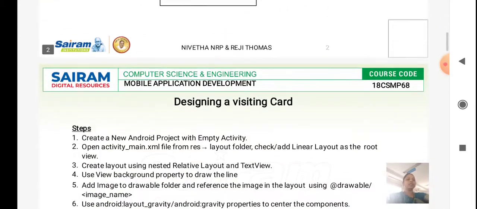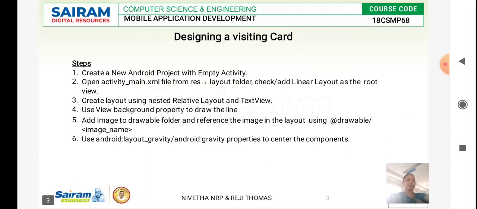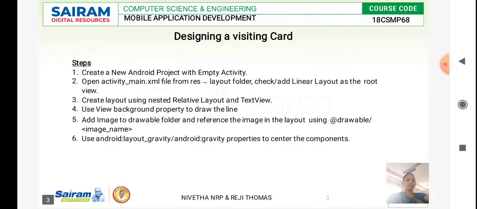We'll see what all the software needed for that. The software needed for mobile app development is JDK files. We are supposed to install JDK files and the Android Studio app. After installing Android Studio, when you open it, you can find a tab for a new project, a new Android project. Choose a new Android project. Under that, we have an empty activity option. Choose it. When you choose this empty activity option, we can design our own application as per our requirements.